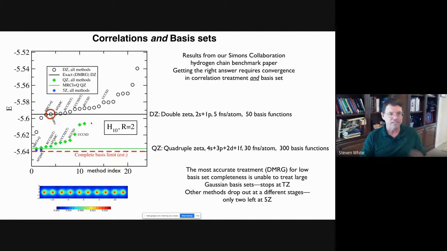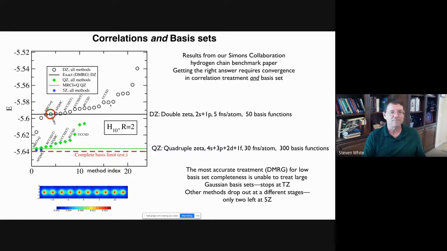What you see is, of course, the energy on the y-axis. The x-axis is just an index number for the method, which are all sorted by the energy value that was obtained. And the first group of black circles is the double zeta basis, which has 5 functions per atom, or